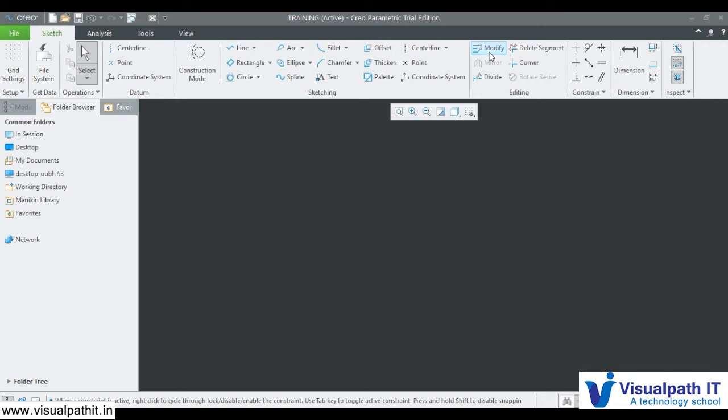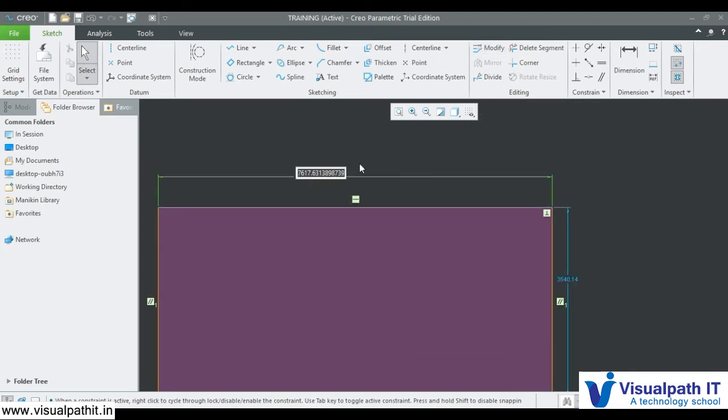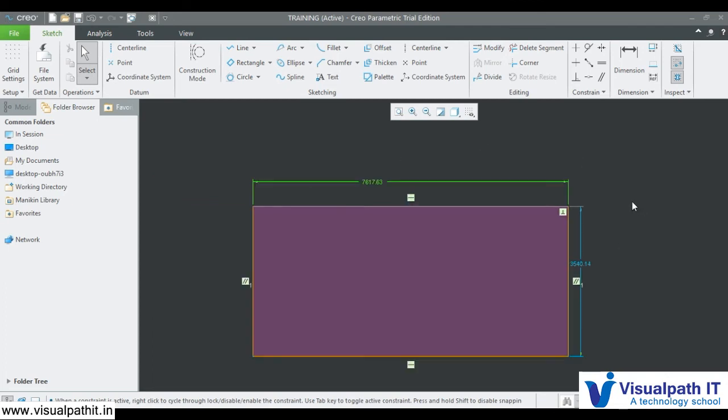Next is the editing. Editing is the tab that we use for adjusting all the sketch that we already did. If you want to do some modifications, that is what we do. So let's say I have a rectangle. I want to modify. I'll select that, and I will modify this accordingly.